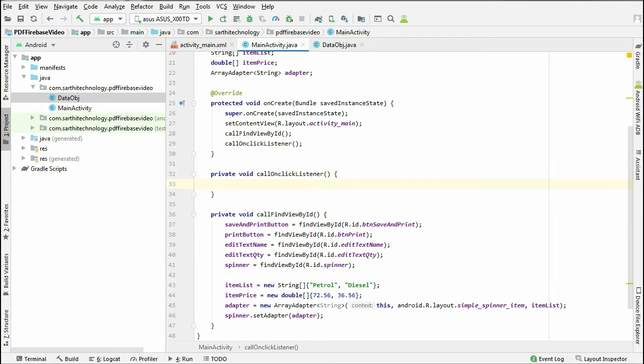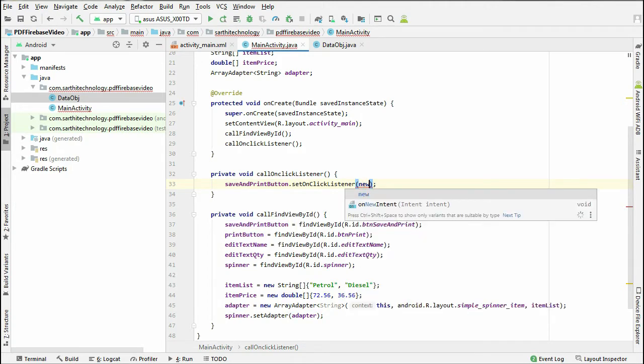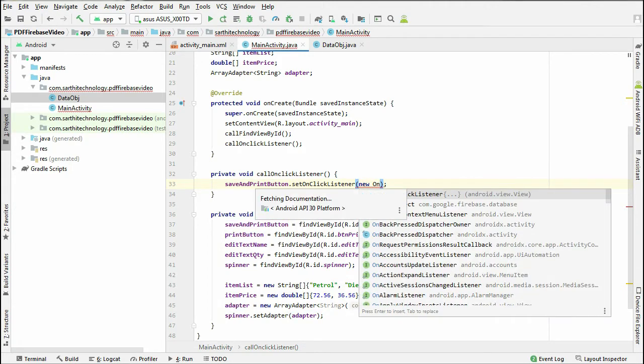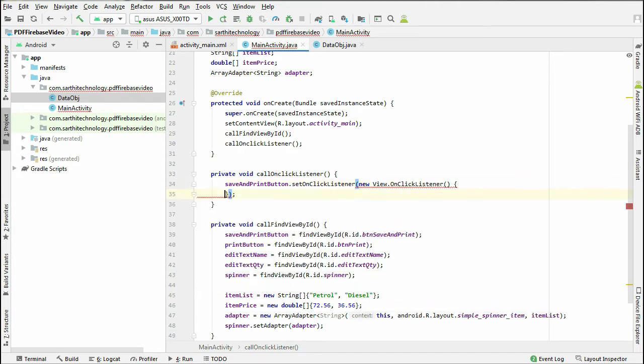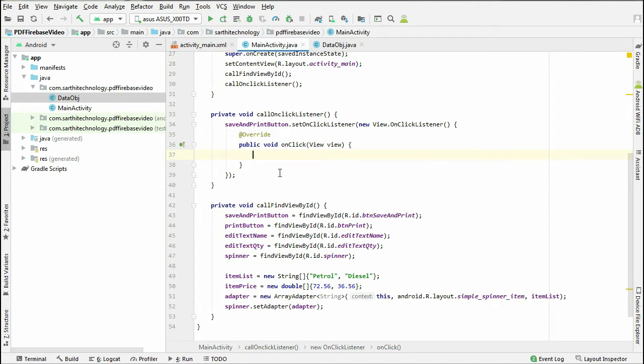In this method, save and print button dot set on click listener, new on click listener, and press enter. Here we will get the values from the views and save them in the database.